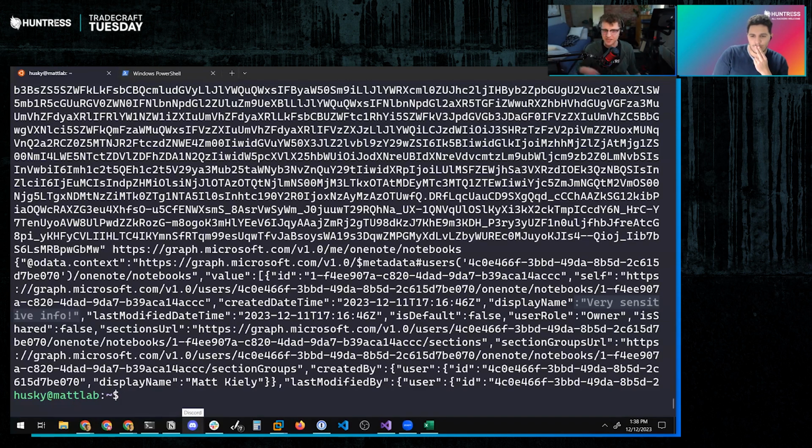What about SharePoint? Same thing. If the token scope allows you, and in this case, OneNote is basically SharePoint with a hat on, so I would not be surprised if it allowed you to do that. But yes, SharePoint, same thing. You can crawl SharePoint accesses. If anybody in here has heard of the tool GraphRunner, GraphRunner is a fantastic example of an offensive security framework built around stealing these Graph access tokens and relaying them against the Graph API and using that to further your access. So go check out GraphRunner as well.